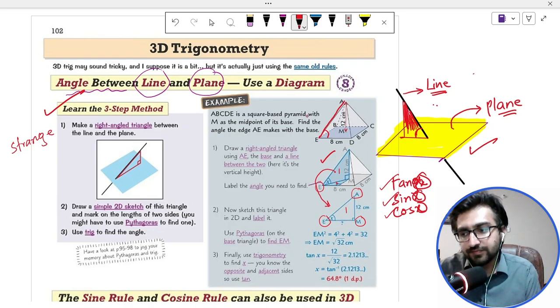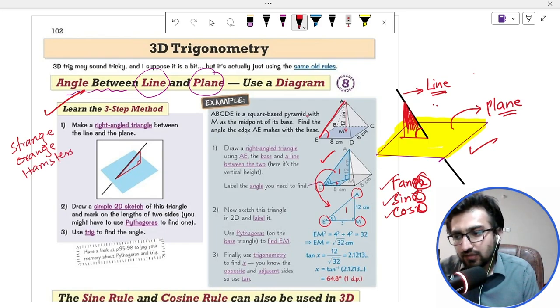Strange orange hamsters creep around houses, tripping